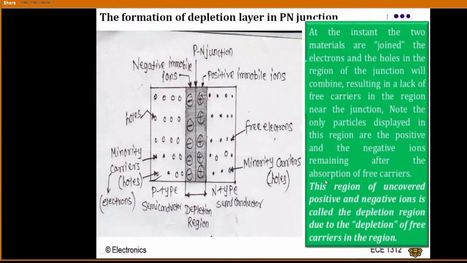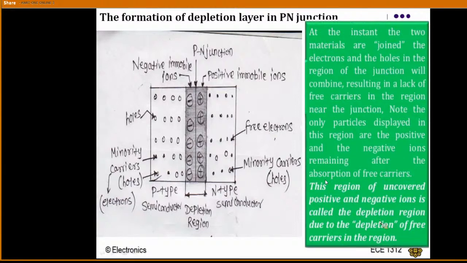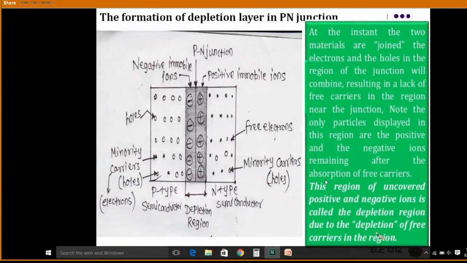That means these electron and hole pair recombination will take place, and they are leaving the immobile ions. That means there are negative ions at the P side and positive ions at the N side. Let's see the simple terminology, what is going to happen here. Now, when you join the two materials, the electrons and the holes in the region of the junction